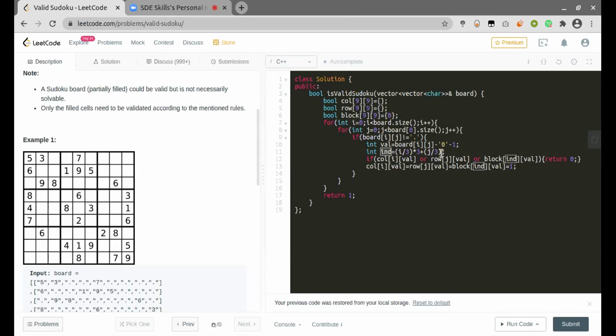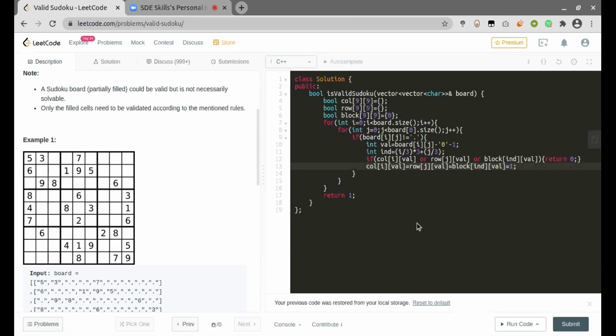Since it is 0-based, the block number will start from 0 and go up to 8, which is what we declared in the matrix. Now we just check if any of these values are already set. If it is set, we just return 0. Otherwise, we set the particular values in each of the column, row, and the particular block.